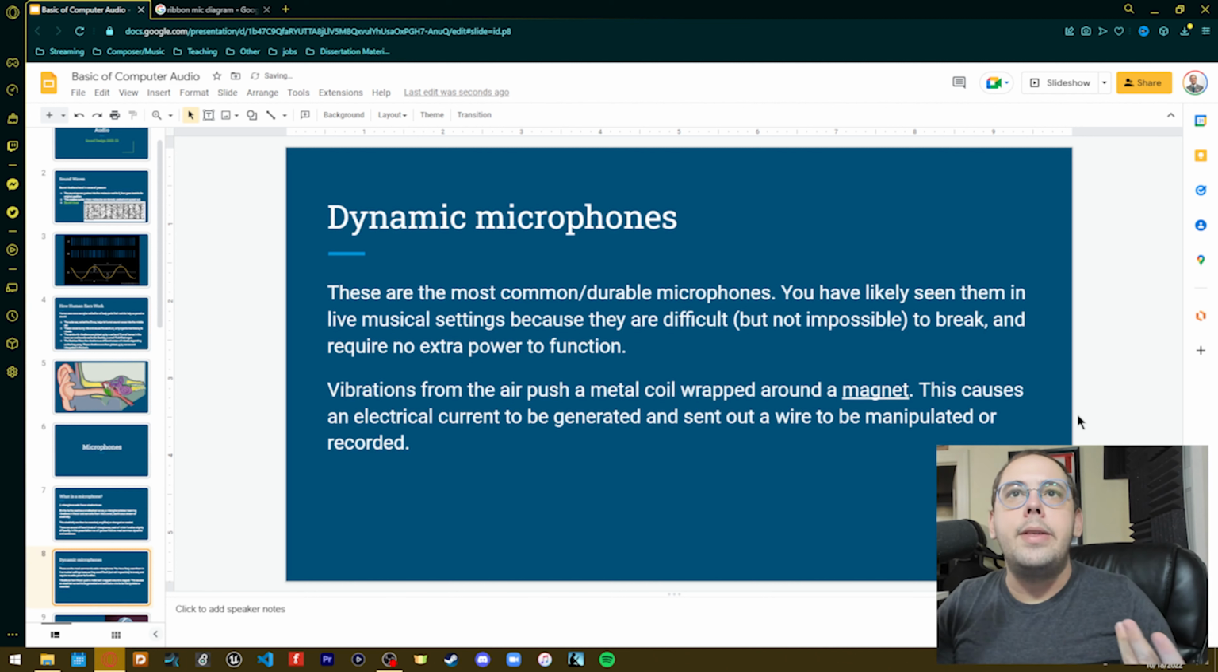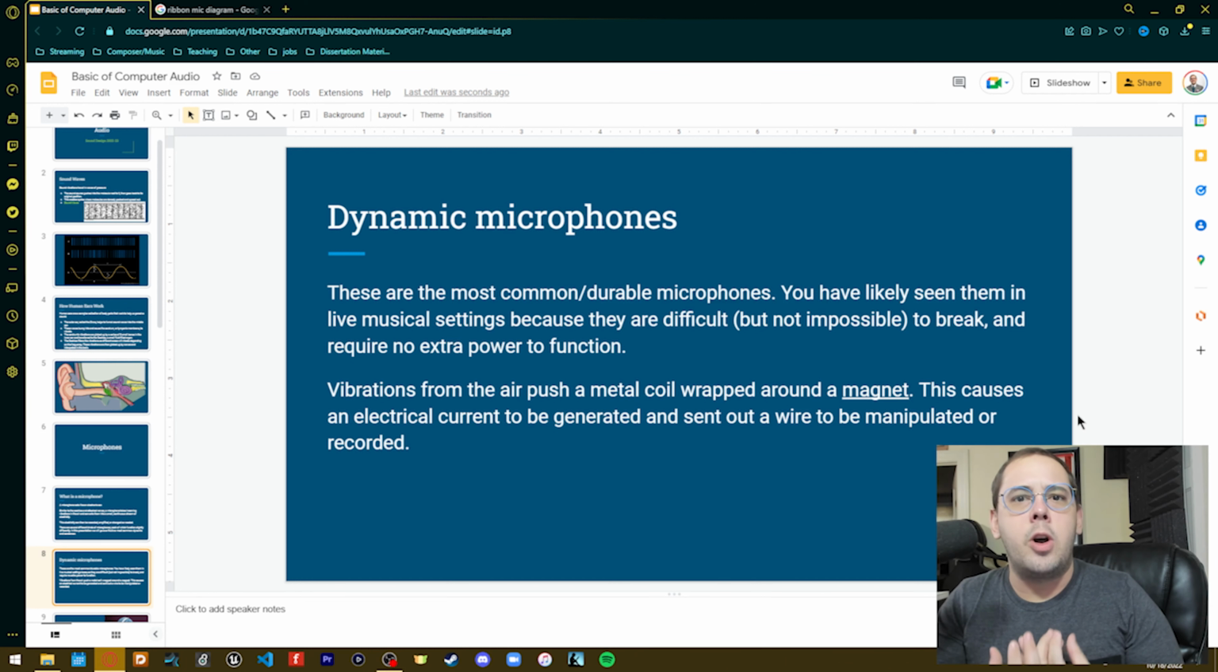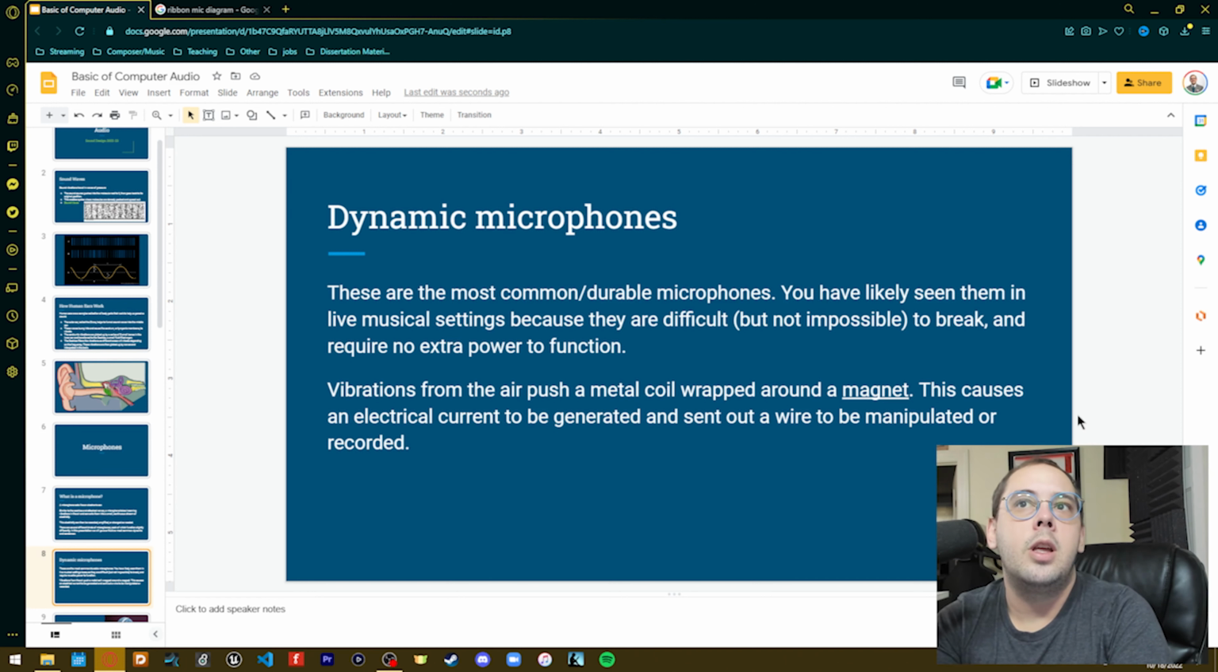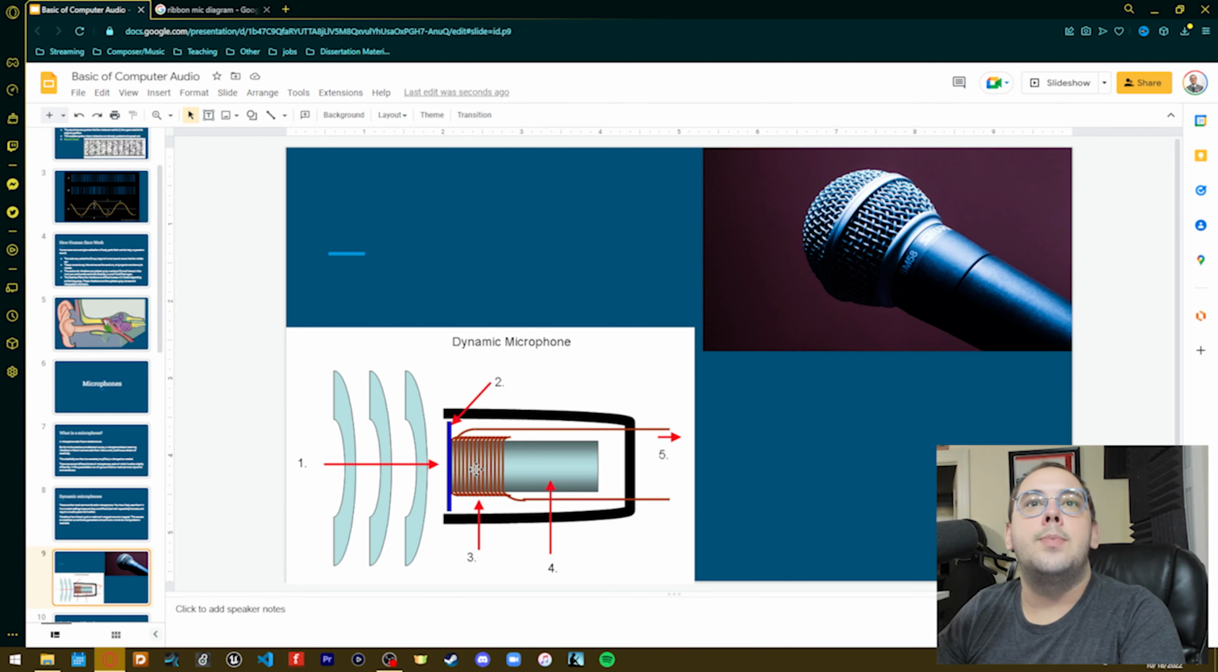Okay, probably the most common ones that we have are dynamic microphones. These also have a reputation for being some of the more durable and sturdy microphones. They're pretty hardy, especially the most common ones, which we'll see a picture of on the next slide. That's more difficult to break, not impossible, but the big thing is that they normally do not require any extra electricity to function. The way they work, and I have a diagram here on the next slide, is by taking